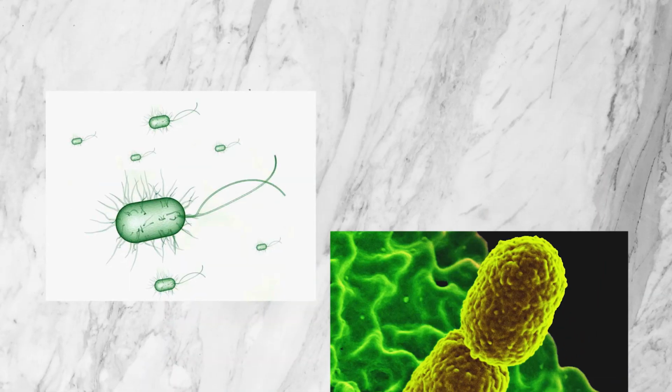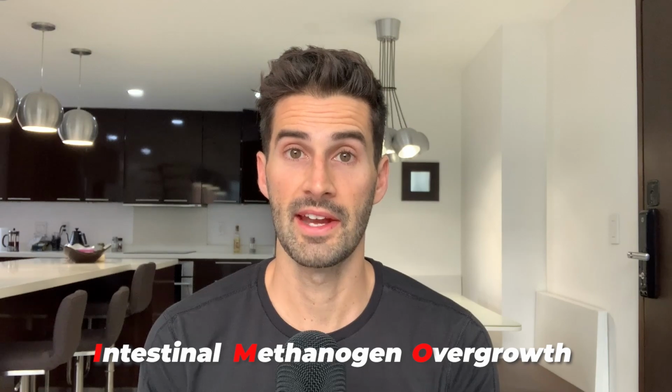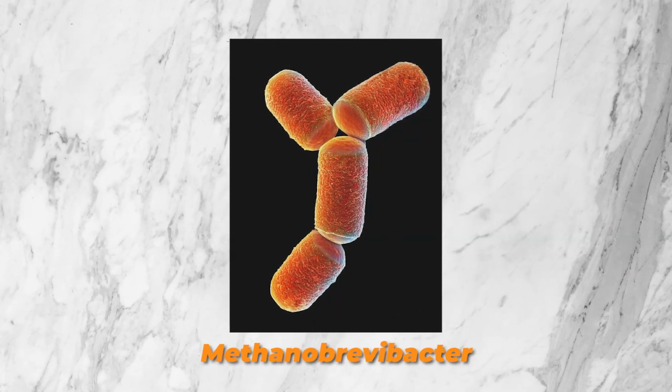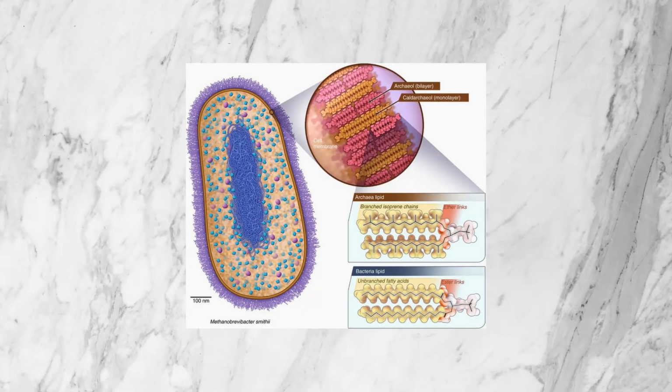These bacteria typically include various E. coli and Klebsiella species. Intestinal methanogen overgrowth, or IMO, is due to having too many methane producing microorganisms, also known as archaea, in your intestine. The archaea named Methanobrevibacter smithii is the main microorganism involved in methane production and intestinal methanogen overgrowth. IMO is not technically considered SIBO for 2 reasons. Number 1, archaea are not technically considered to be bacteria because they have different characteristics. And number 2, both the small and large intestine may actually be involved in IMO.